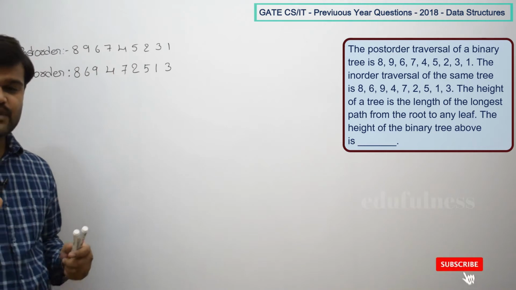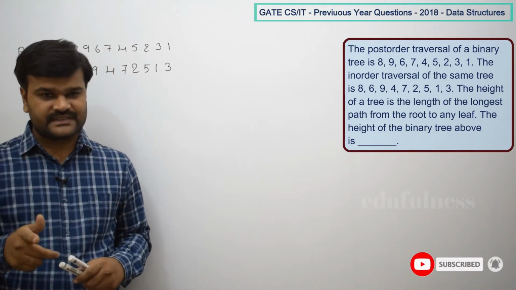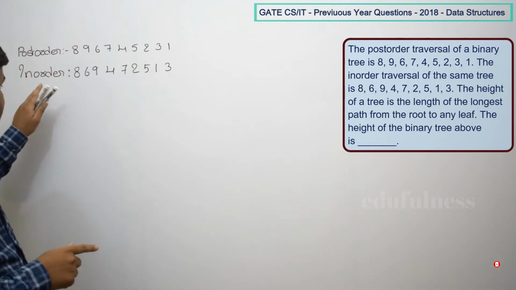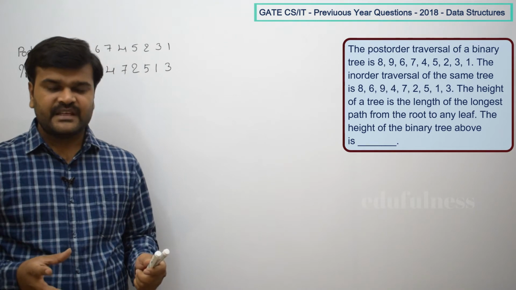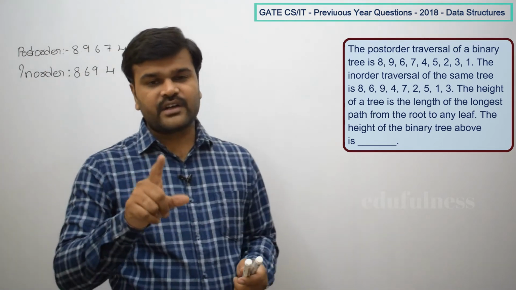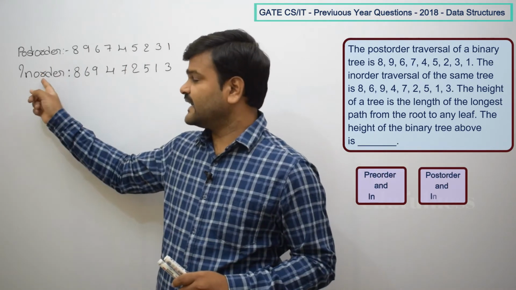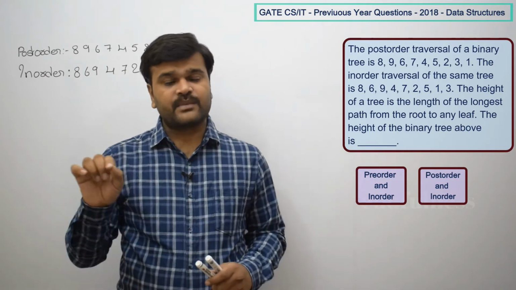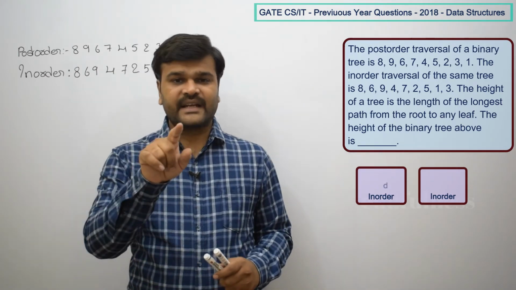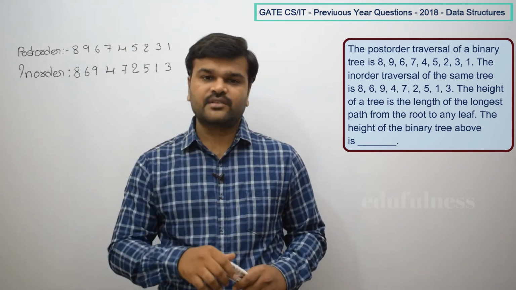So from this, what is our observation? First of all, you have to find the root node. How will you always find the root node? We already know that if you want to get back the binary tree or binary search tree, you must have in order along with pre-order or post order. Here we have post order and in order. Either from pre-order or from post order, you can always get the root node, or you can say the parent node, first of all.